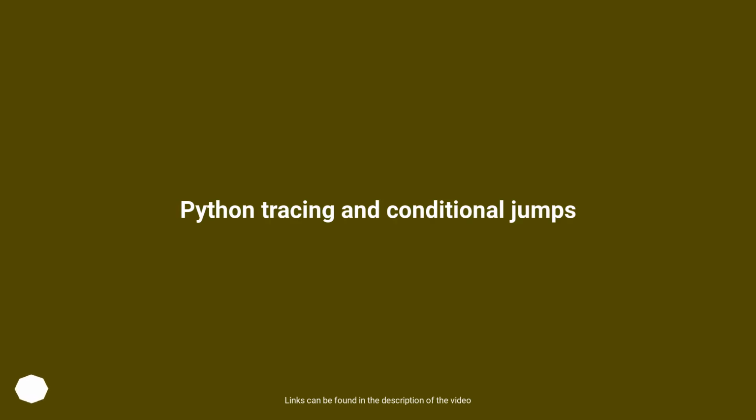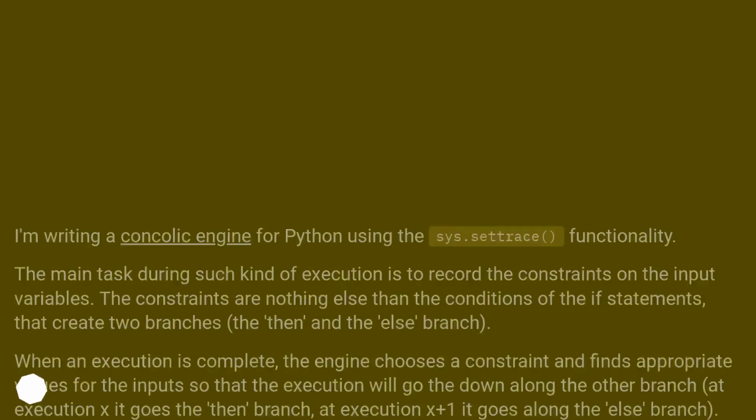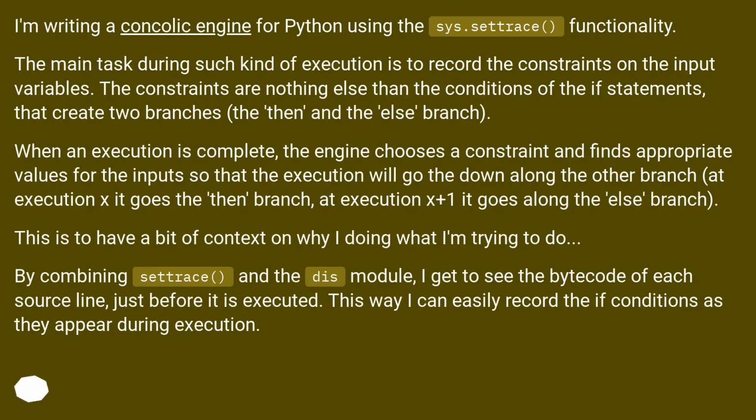Python tracing and conditional jumps. I'm writing a concolic engine for Python using the sys.settrace functionality. The main task during such kind of execution is to record the constraints on the input variables. The constraints are nothing else than the conditions of the if statements that create two branches, the then and the